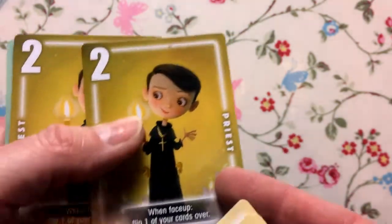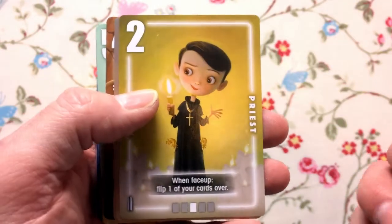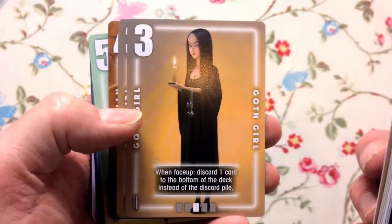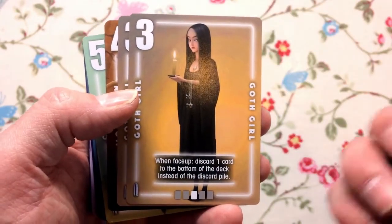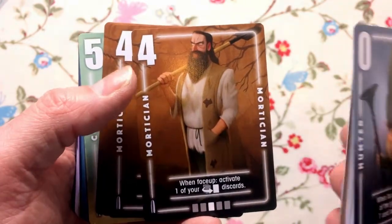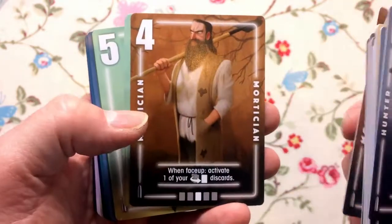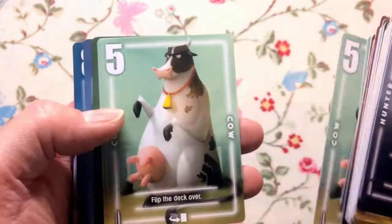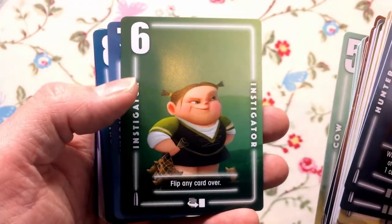I don't think they have a linen finish, they have some sort of texture on them. They're a little bit slippy, so when it comes to shuffling, that might be a little bit harder, but most of the cards will just lie on the table flat, or they'll be in a deck, so it's not going to be a major thing. But yeah, when you shuffle, just bear in mind they might be a little bit slippy. The Cow, flip the deck over. The Instigator,